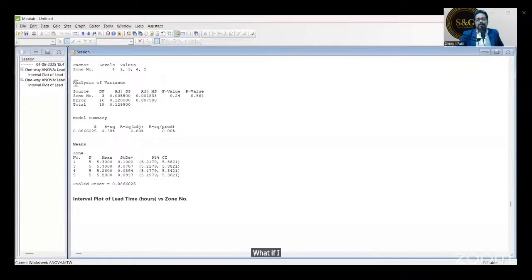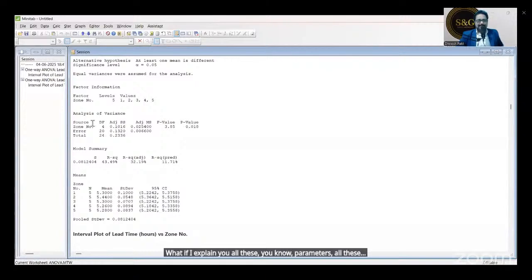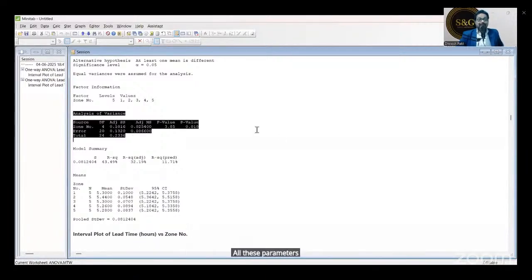And this is the resource. What if, let me go back to my Minitab software, what if I explain to you all these parameters with formulae?